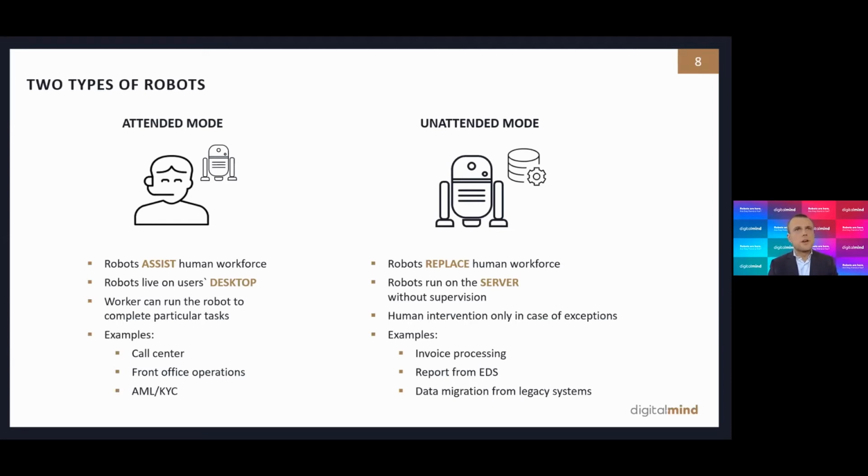So let's imagine you have to submit a certain report every Friday at 5 p.m. You know that your management will not read this during the weekend, but still you have to do that. And it's taking too much time, and we know summer is coming and you would like to go to your grill party already. So now you can have a robot on unattended mode that is doing this task exactly